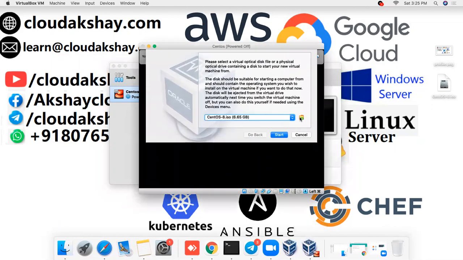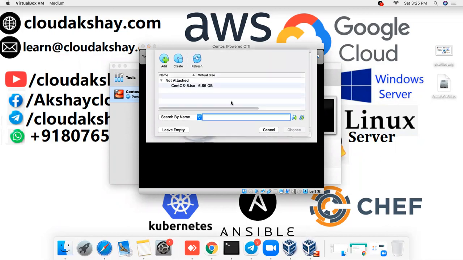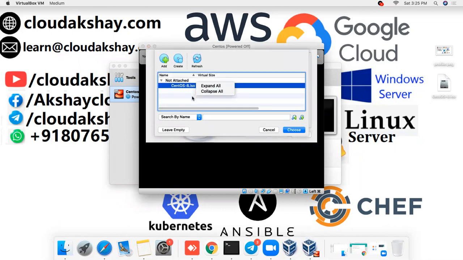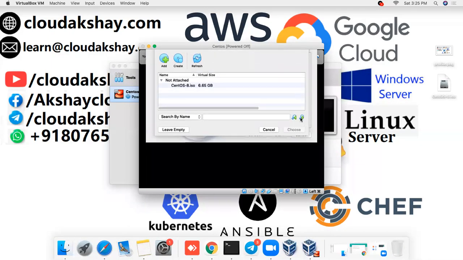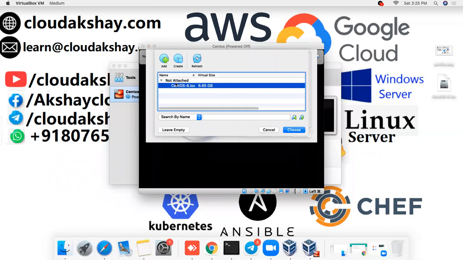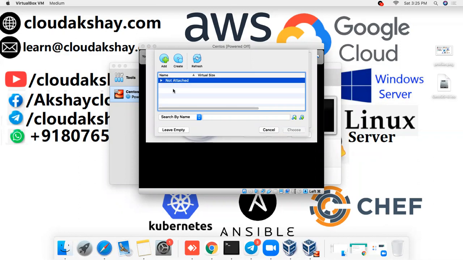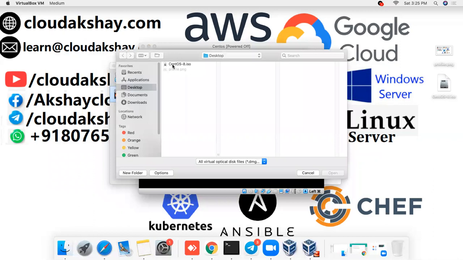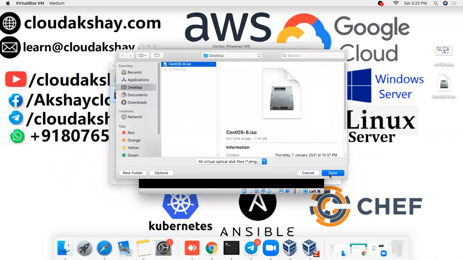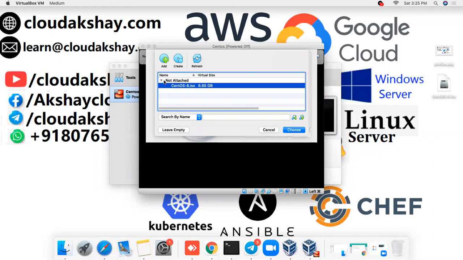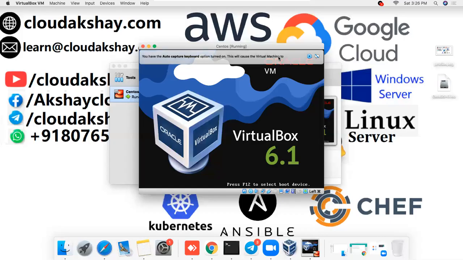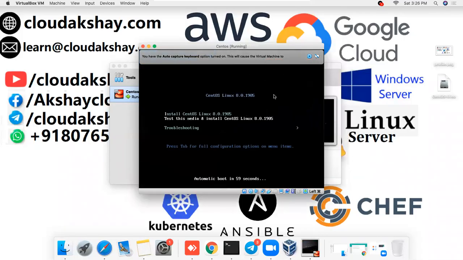So the machine is started, and let's select the boot disk. So I select choose boot disk and refresh once again. Not attached. I need to attach it with the plus sign and select Open. So it is not attached. Give me a minute. I attached this. So I attached the CentOS 8 version ISO file and enter.